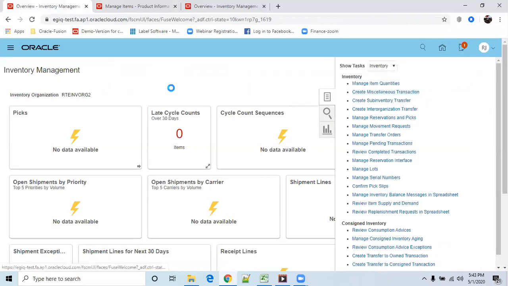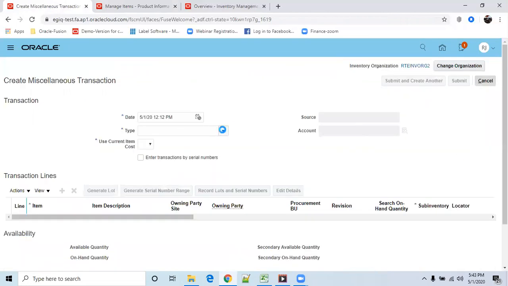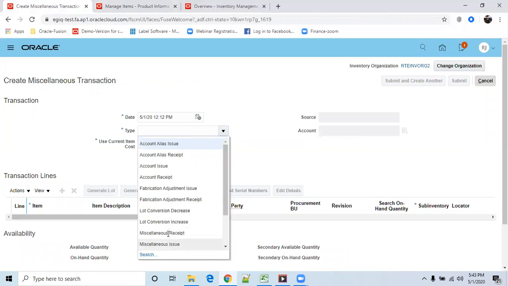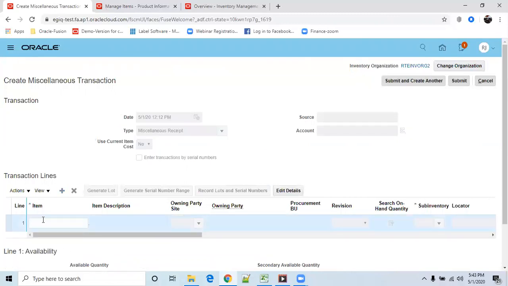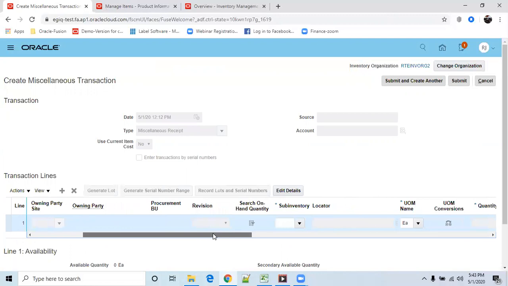So go to transactions, miscellaneous, and verify how it will behave. Same, create miscellaneous transactions. Select the type, miscellaneous receipt. Select no. Click on plus. Select the item. Okay.